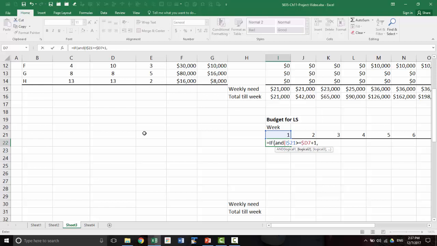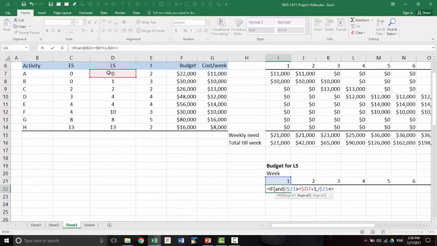That's your first condition. And the second condition is, again, we are going to test the same week number, and that should come from same row, and that is greater than or equal to, I'm sorry, less than or equal to, so that week number is less than or equal to the finish time. The finish time bucket will be, again, $D7 plus the duration, that should be